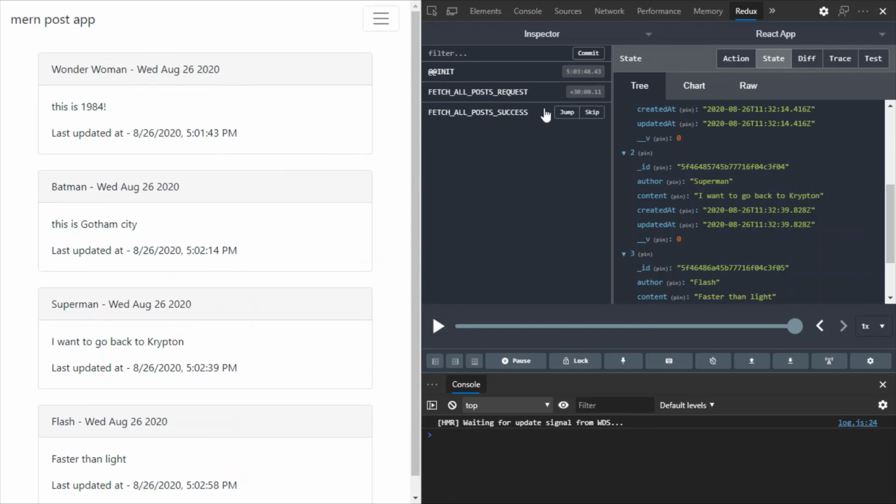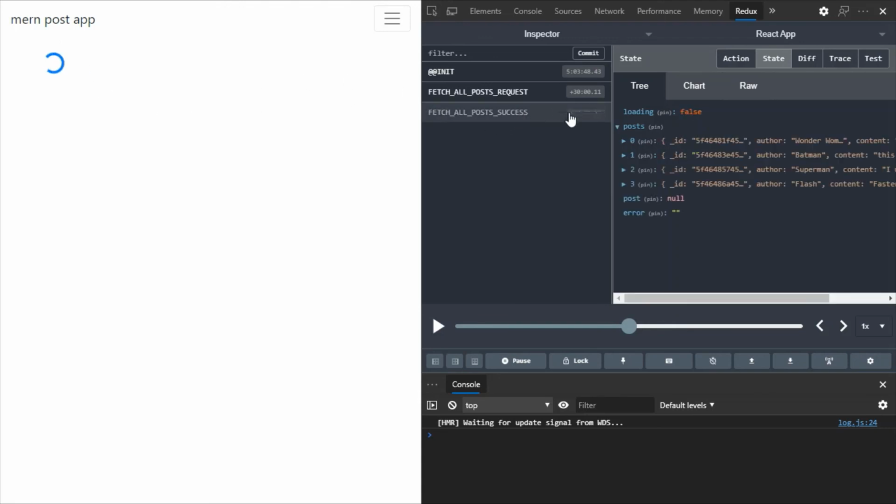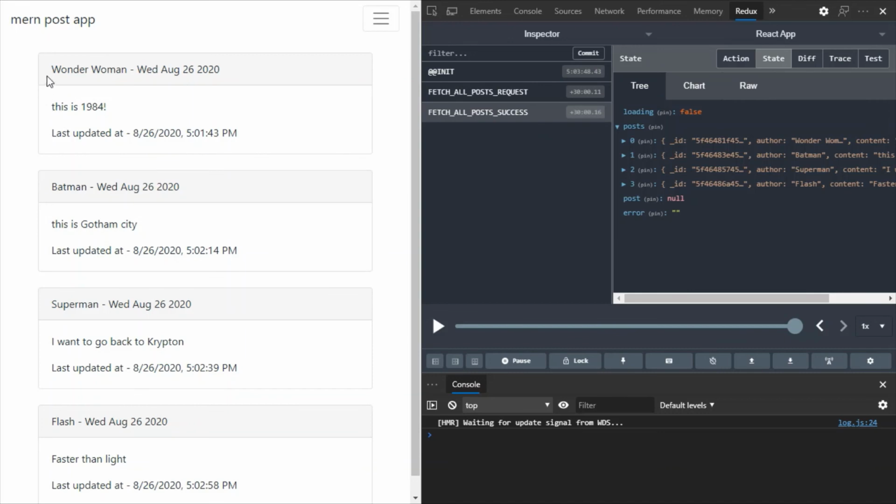So that's it guys, and also we can jump in our post. So if we go here, this will show a spinner, as you can see, and after that in the success portion, if I jump, this will make all the posts visible to our UI.